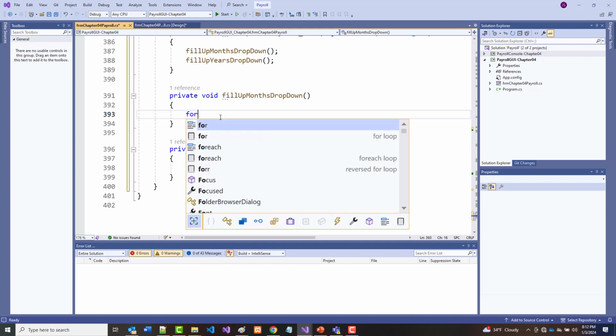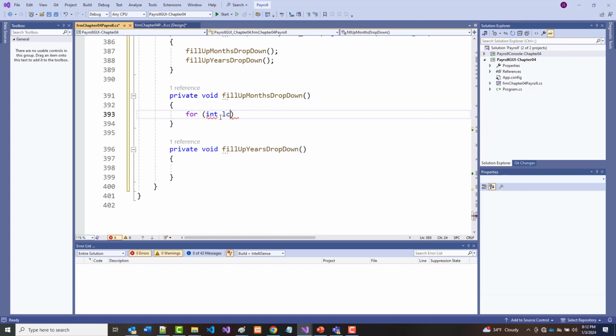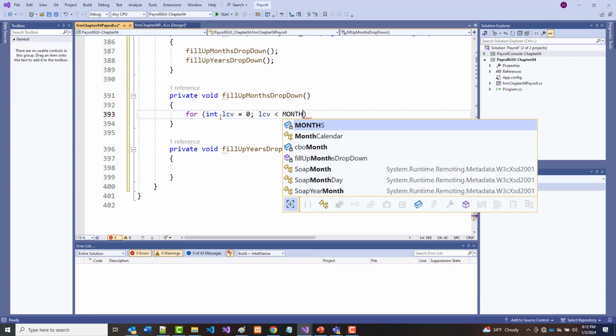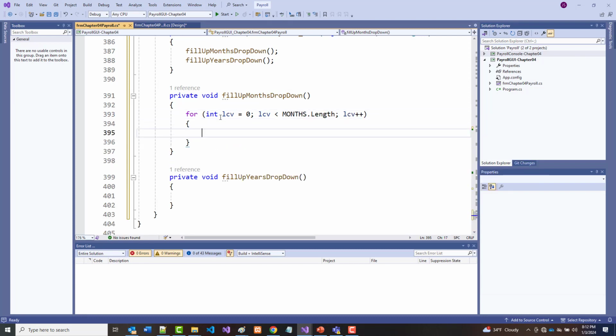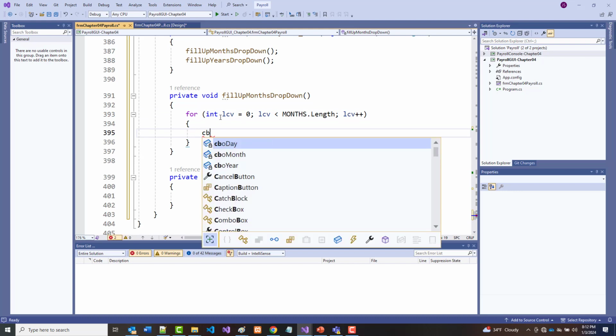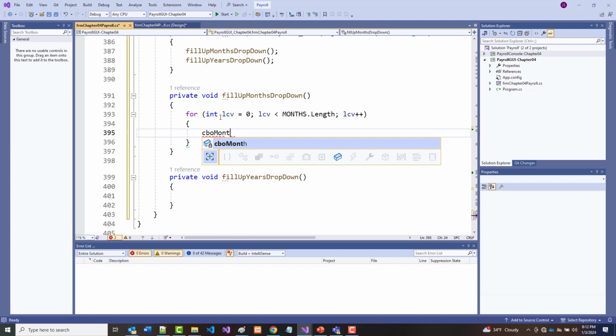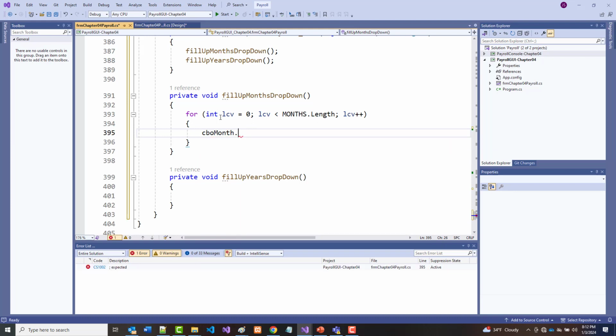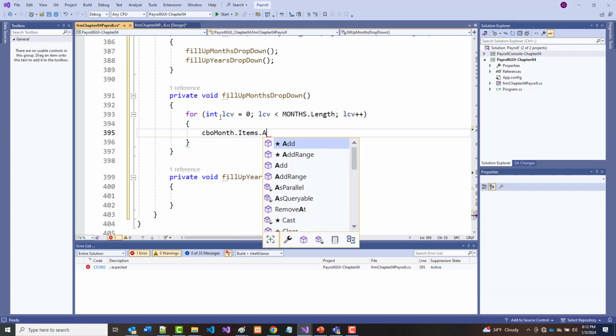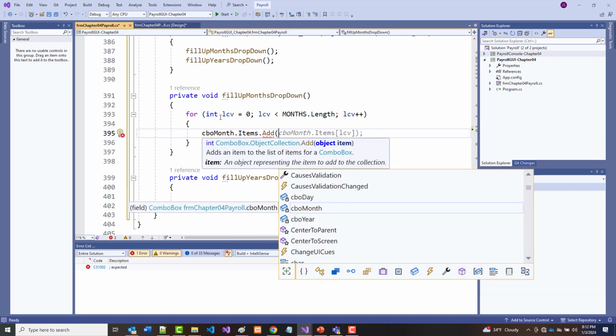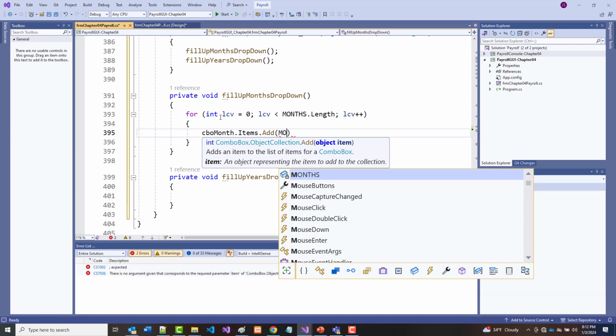Let's do a for loop. For int LCV, loop control variable, equals 0; LCV is less than months.length. All right, and we want to fill up our combo box. So CBO month should have really been months, but that's okay. Dot items dot add, and I'm going to add months